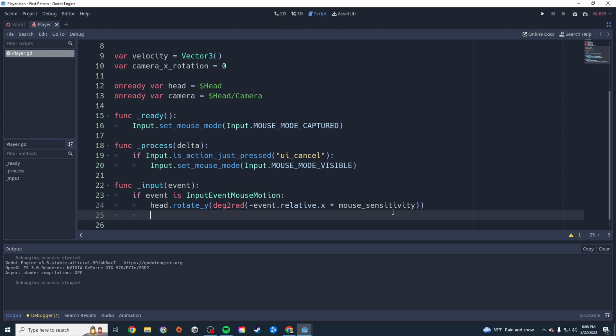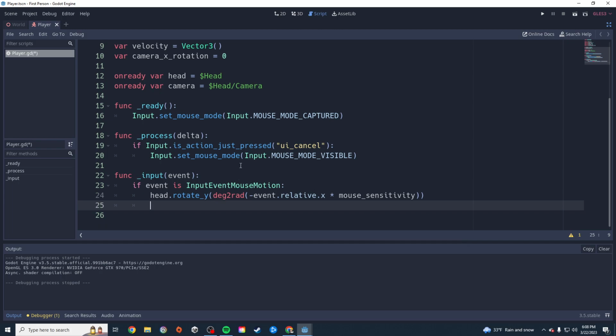Inside the same if statement, if event is input mouse motion, we also want to create a new variable called x delta, and it's basically just going to be the x movement. So let's say var x delta equals event dot relative dot y multiplied by mouse sensitivity. Now, the reason why we're creating a variable here is because we're going to use this variable to clamp in our up and down